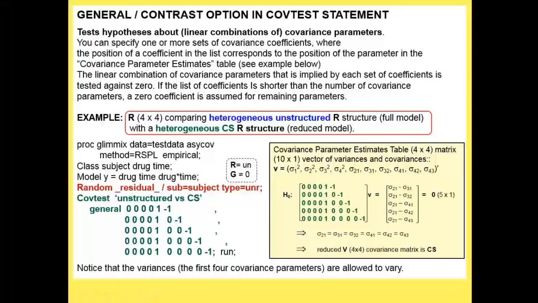are equal. Now you notice that I haven't done anything about the variances. So what I'm doing is I'm leaving the variances, I'm allowing the variances to be different. So I'm still dealing with what's called the heterogeneous covariance structure, but I'm forcing the covariances all to be the same. So this is a way I can test using COVTEST whether there's a simpler structure than the unstructured that might